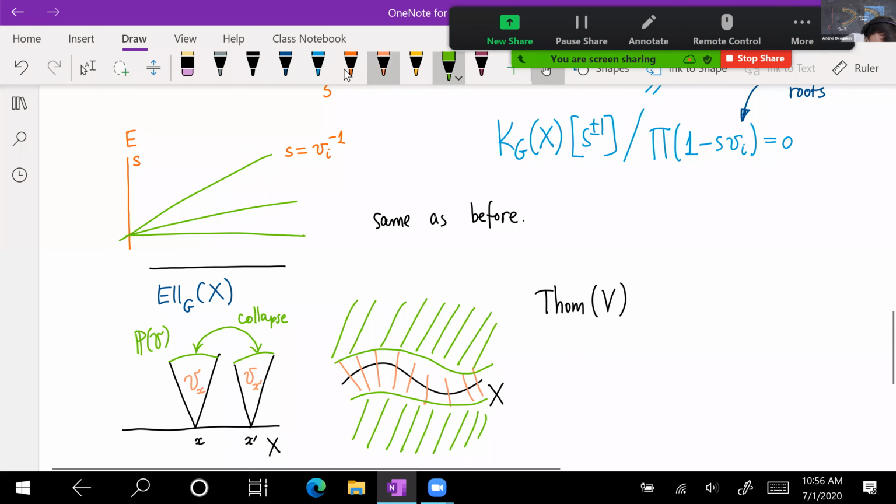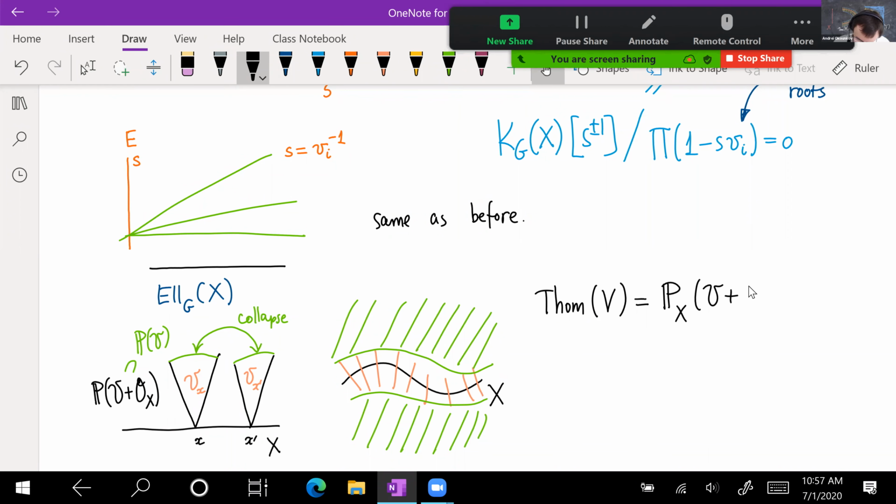This sits inside the total space of the projectivization of V plus a trivial vector bundle over X. So if I take the projectivization of V plus a trivial bundle, this will have a big cell, which is V itself, and then the projective bundle is infinity. So we can write the Thom space as the projectivization over X of V plus a trivial bundle,